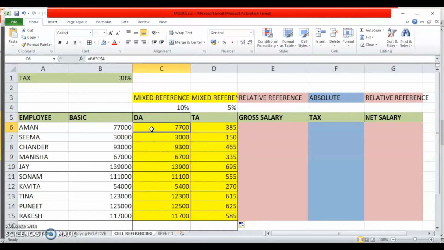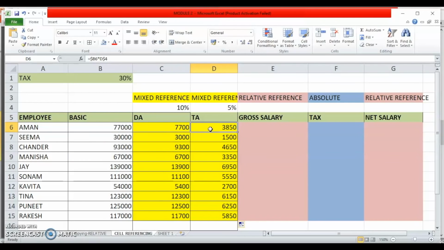So what is the problem? I should fix my column. So for the first part, I should fix my column to $B6. Now let's see by making this adjustment, does it work? Yes, no changes in the first column. That is what I wanted. But here, yes, now it has worked.